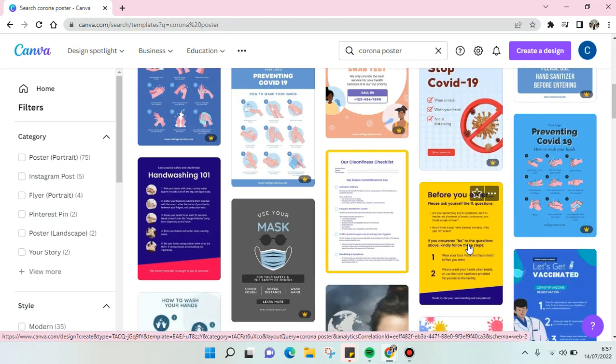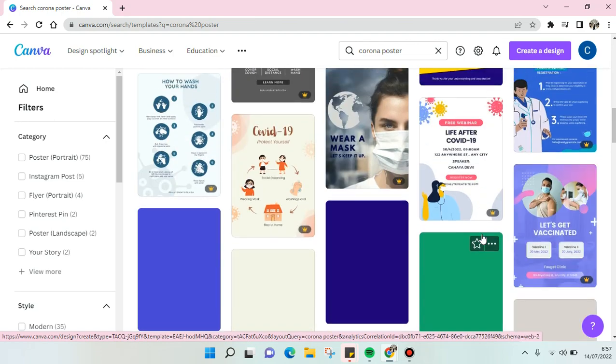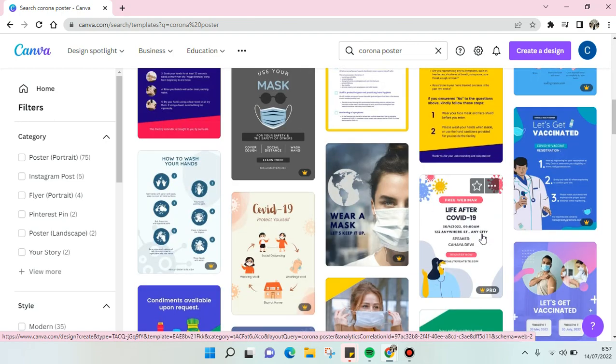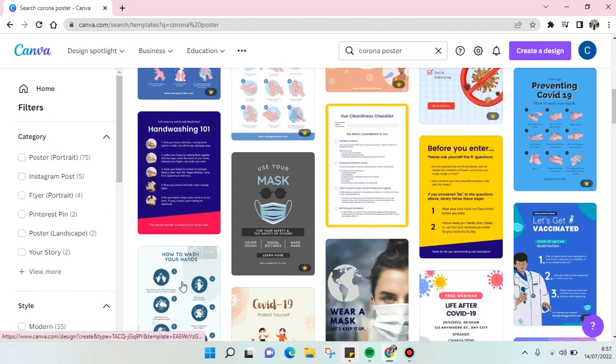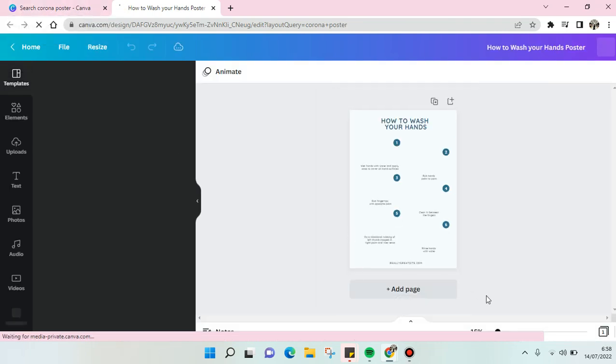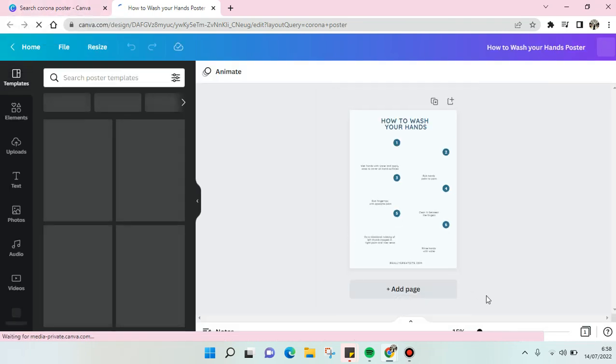For example, I want to make a poster on how to wash your hand properly. So I'm going to use this one right here. Okay, so here is the poster, and if you want to use this poster, you can make some adjustments or